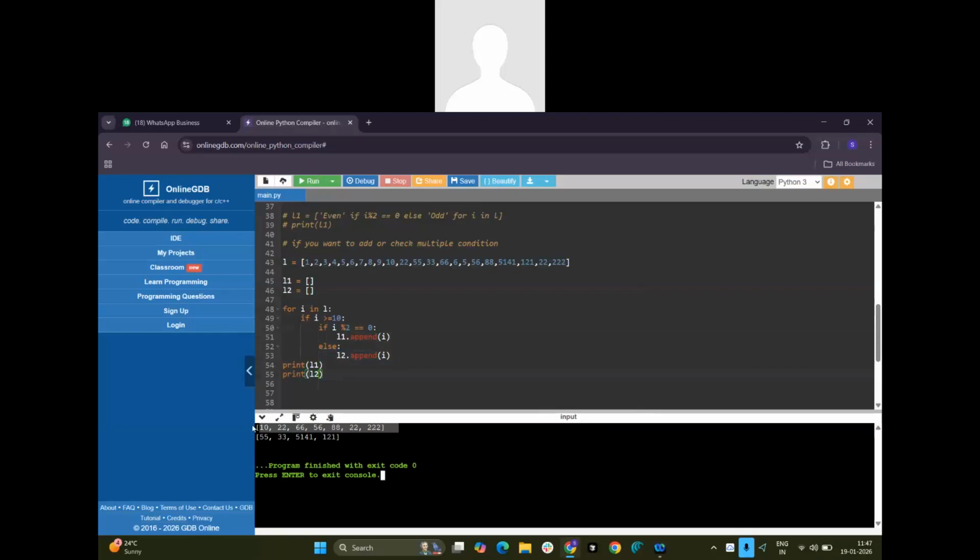So these are the values for even, which is greater than 10, and even values. These are the values which are greater than 10 but are odd values. Else, whatever the value which is not even, right? That is how it will be. You got it? Yes. Then as of now we can remove this